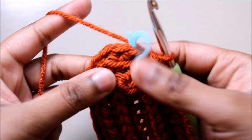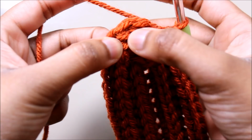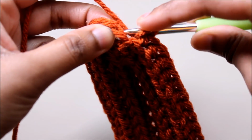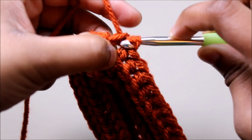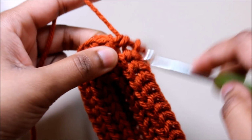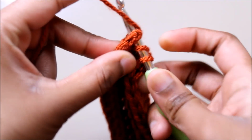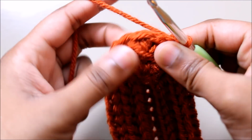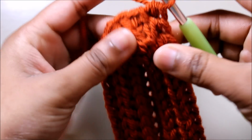Now I'm here back to the first one. Take off the marker. Now what you're gonna do, these 3 I'm gonna do 1, 3 and 1. So go into the next, I'm gonna do 1 half double crochet, so you need to do a little bit tighter. So I'm gonna do again, so 1, and then the next do 3, 1,